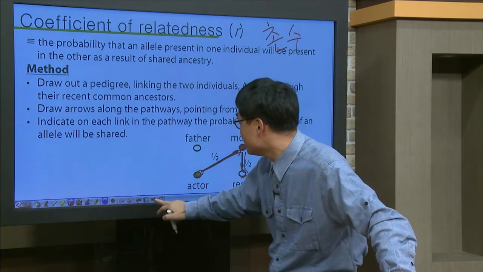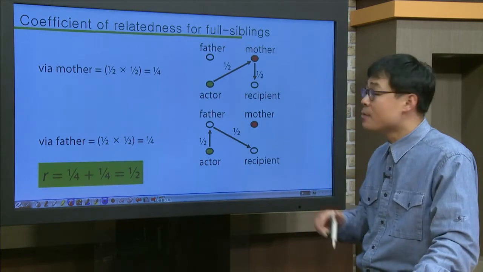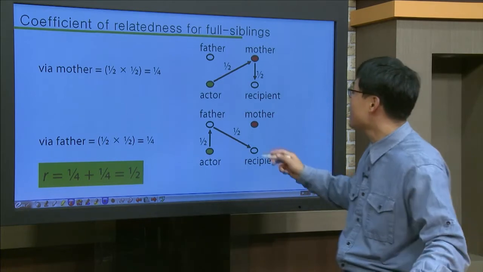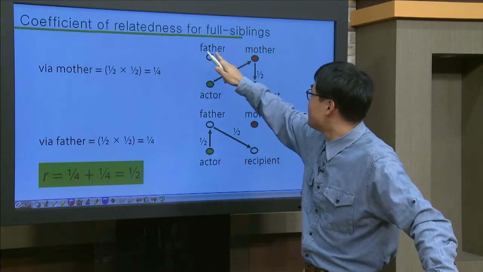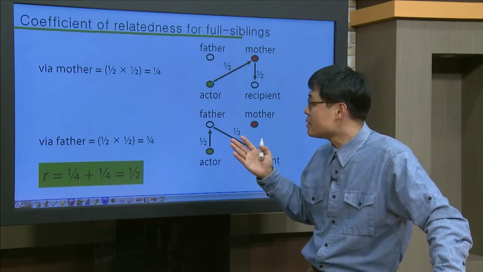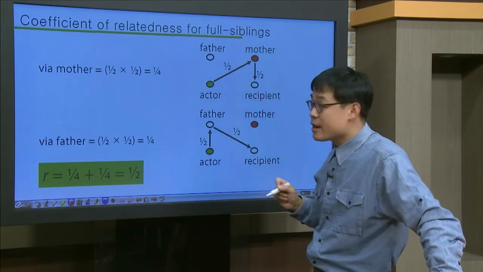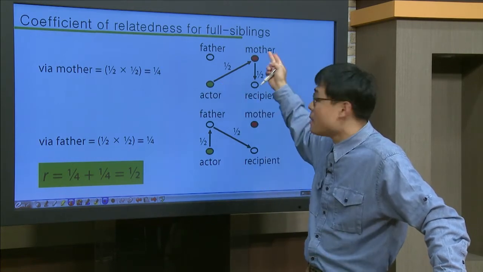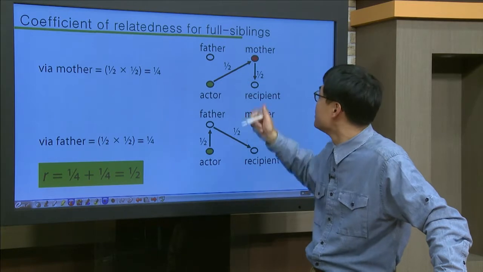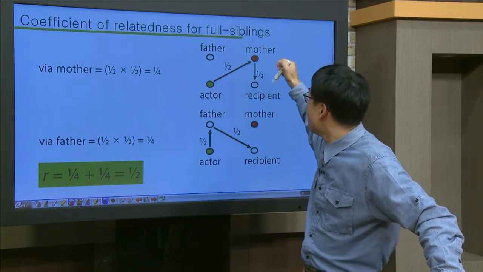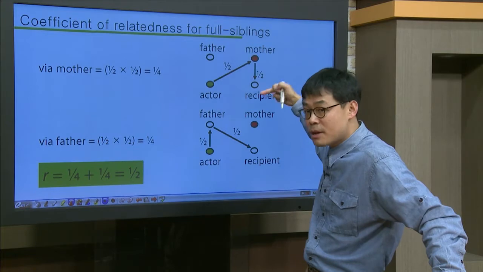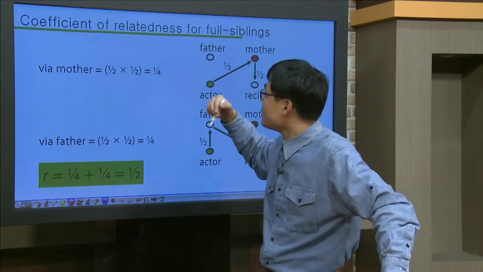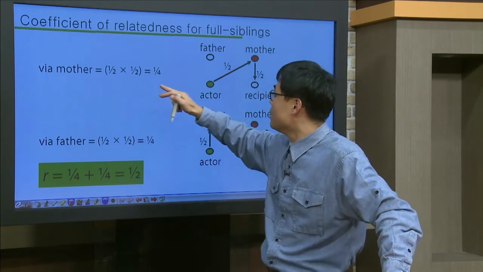So let's calculate the coefficient of relatedness for full siblings. Full siblings are like you and your brother, or you and your sister. Again, your father and your mother are the common ancestors. So each arrow has a value of a half. Again, you and your mother share half of the genes together. And from the mother to your sister or brother is again a half. So via your mother, the degree of relatedness is